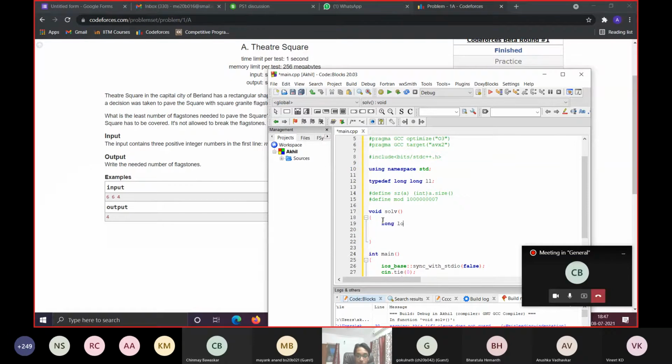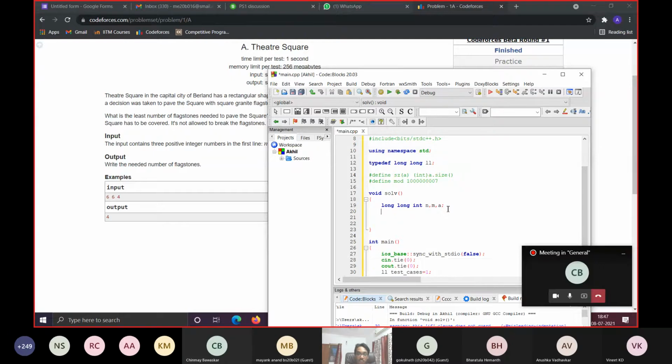You need to add a modifier, long int, so that n, m, a, we'll give all of them as long int. This will enable you to even store numbers greater than 10 power 9. So if any of you have made a mistake in this step, just correct it. And you just accept the variables again here.